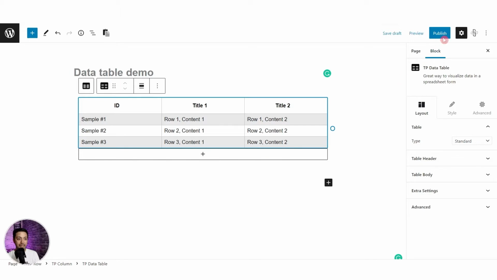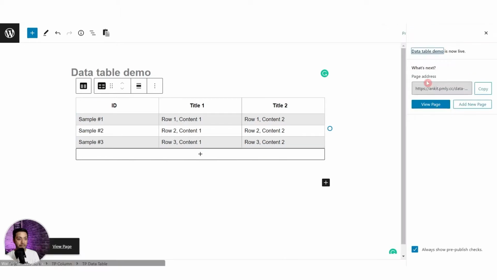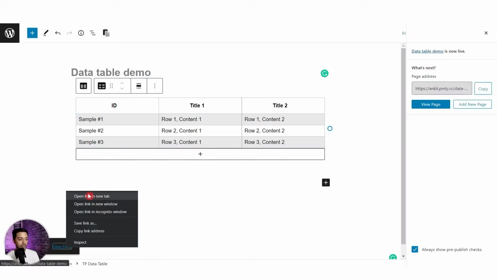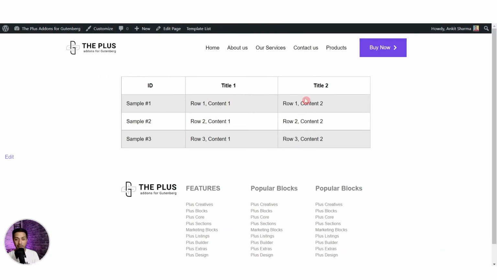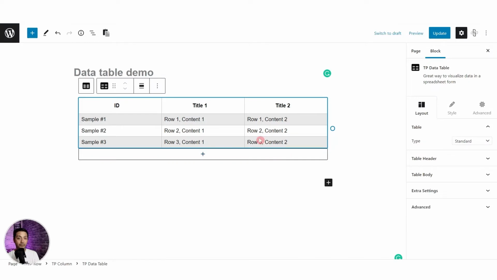Now before we proceed, let's go ahead and publish this page and open this in the front end as well. So this is how our table looks with the sample data, but let's go ahead and customize this a bit more. So now after adding this table, we can go to the layout section here, and the first option we see is the type. So here we have the standard type, which is this one,